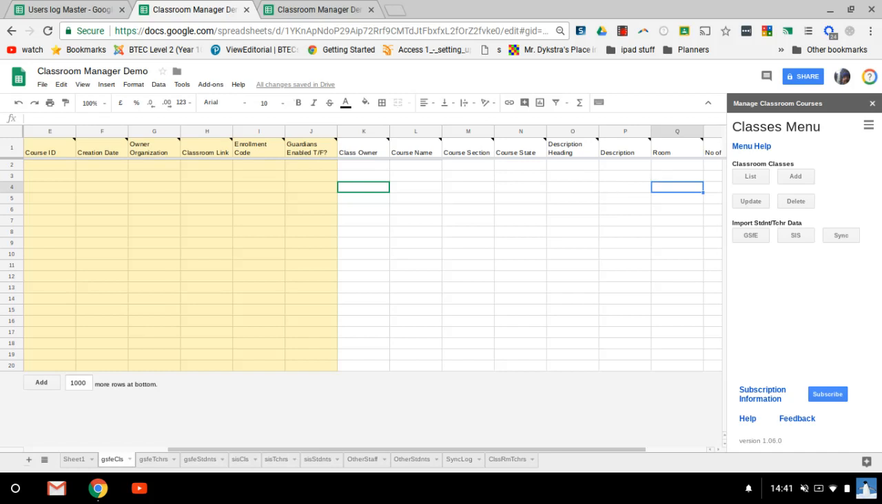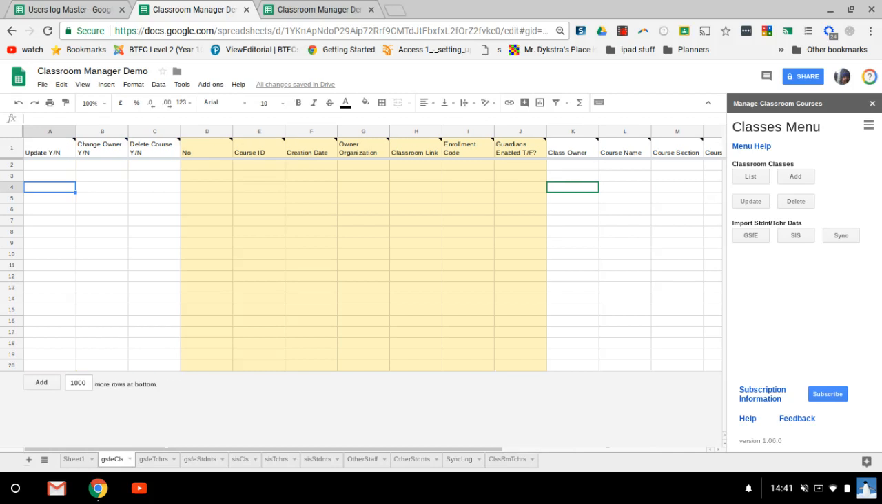That will come in when you run the option to list the classes, and then you can change any of those details if you want. The class owner is a little bit different because you can only change the owner if they are already an existing teacher on the class, and you have to put yes in this column if you want to change it. So to list the classes, if you click on list,